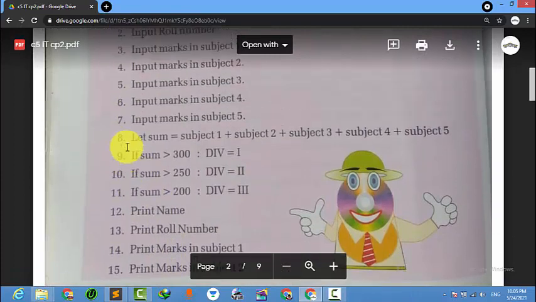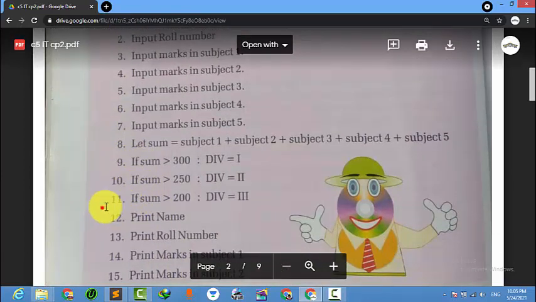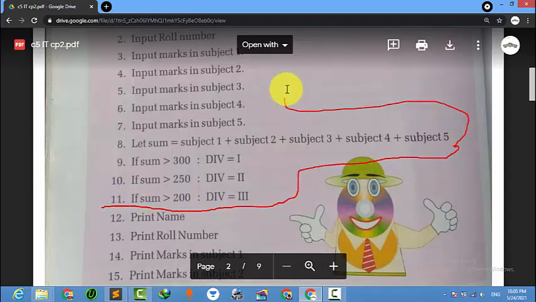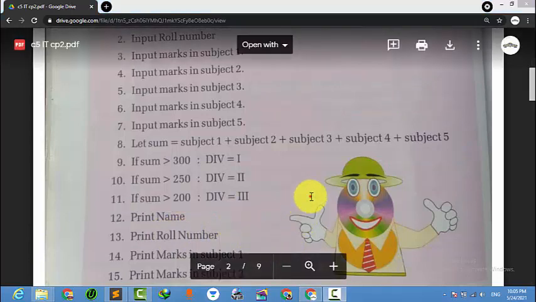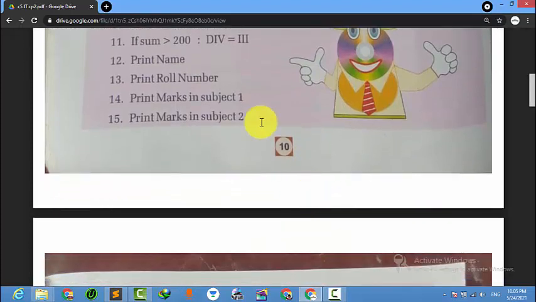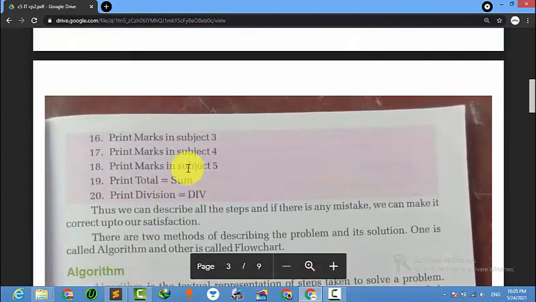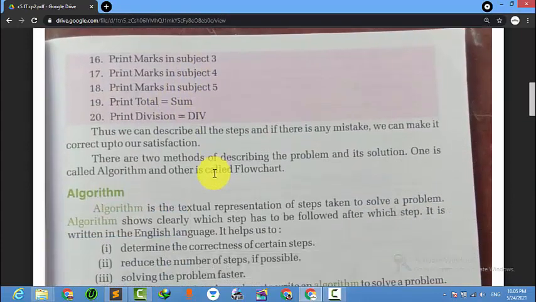This is the input part that has to be given, and this is the output part. So here it will be described serially. Now, there are two methods of solving a problem.